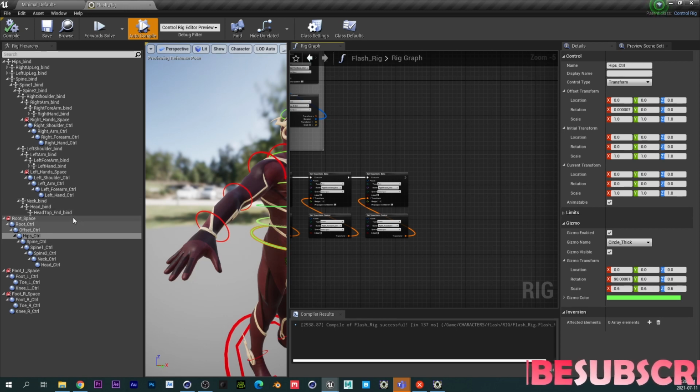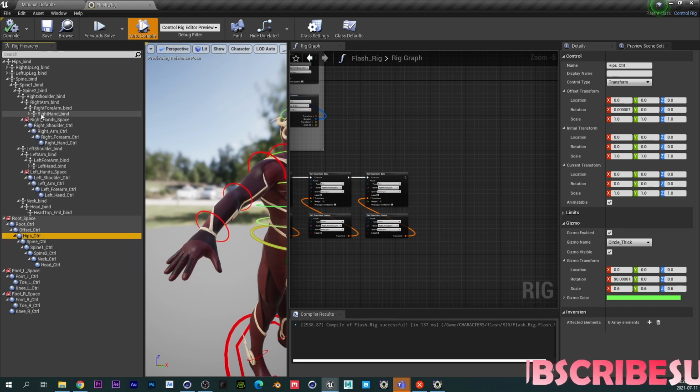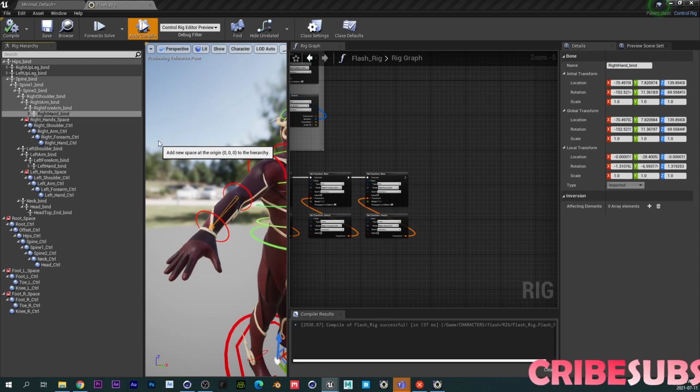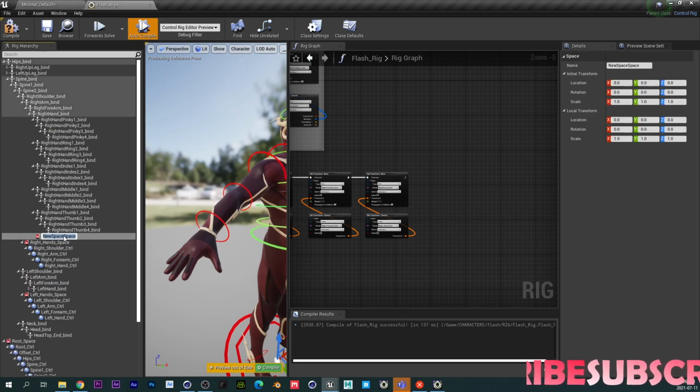So for the fingers, let me start off with the right. So we want to create a new space inside the right hand. Okay, so when we bring this down, we should have this here. And we'll call this right fingers